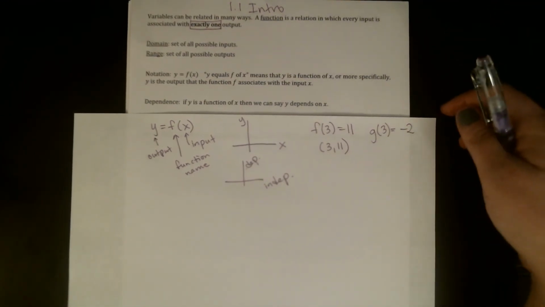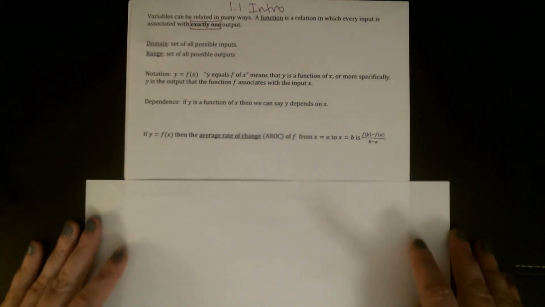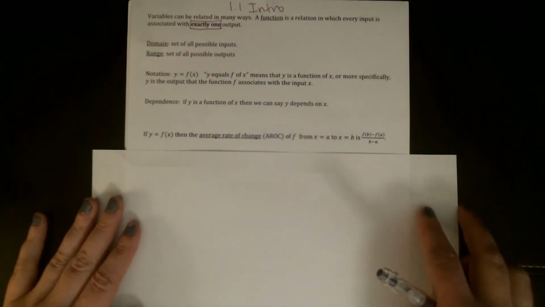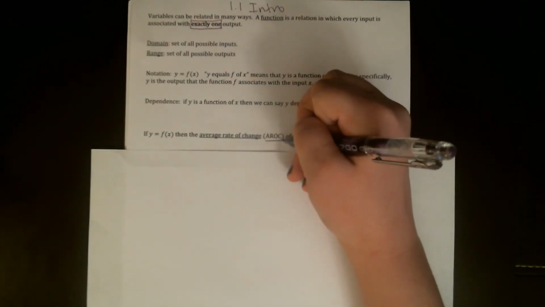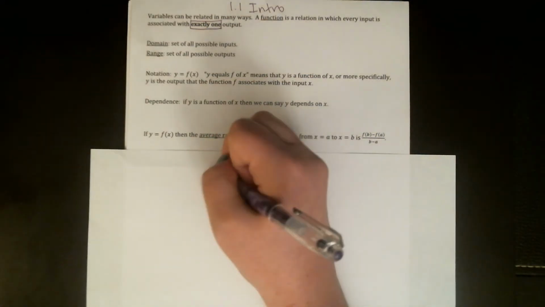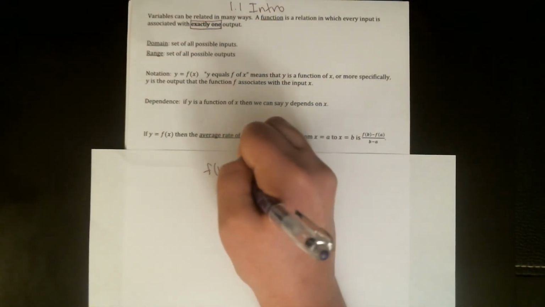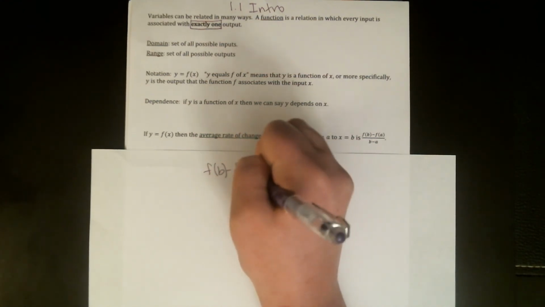Okay, almost done here. One last thing, and this is a big one. It might look kind of new, but it actually is something that should be familiar. It's just written with function notation, so it might be hidden from you for now. Average rate of change, I'll abbreviate this AROC. Function f from x equals a to x equals b is given by f of b minus f of a